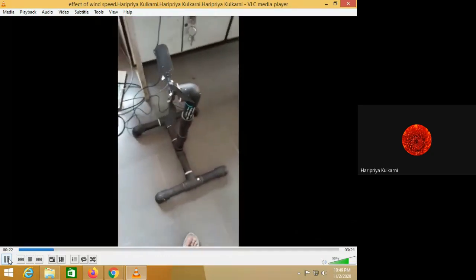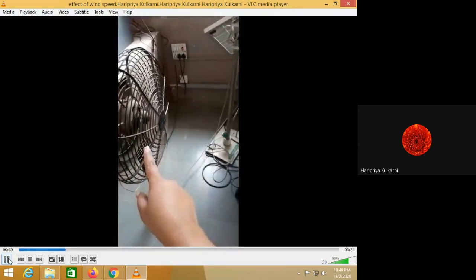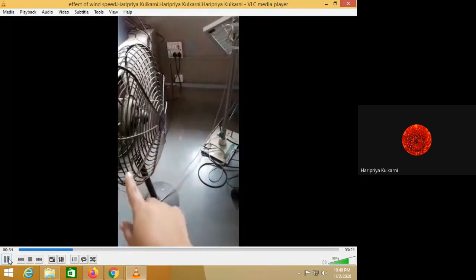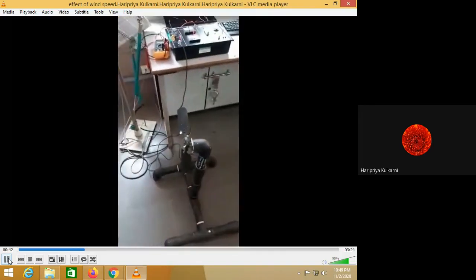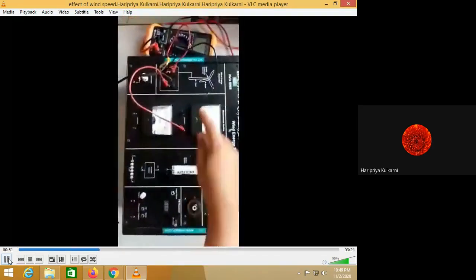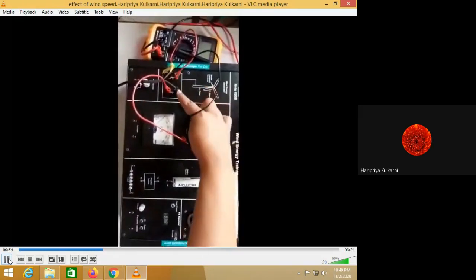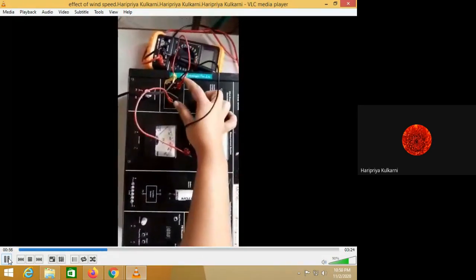So in the lab, this is our turbine and this is the artificial wind we have created. We will drive this table fan, and the table fan will act as a driver. So this wind will drive the turbine. It will start rotating and at the output it will generate the voltage. We have connected this output cable here. You can see this cable we have connected to the wind turbine kit. This is a kit where we have connected the inputs from the wind turbine.